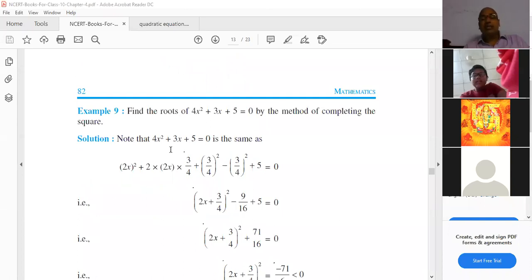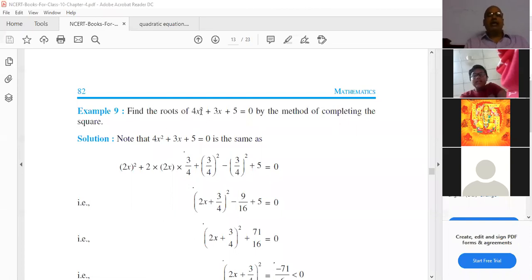Sir, always we have to multiply by the x square coefficient only, sir. It is the easy way, ma. Multiplying gives you an easy way. You can divide also, but dividing gives you fractions. We already did an example. Divide also you can do it, but try multiplication, it is easy. You need to multiply. See this question.